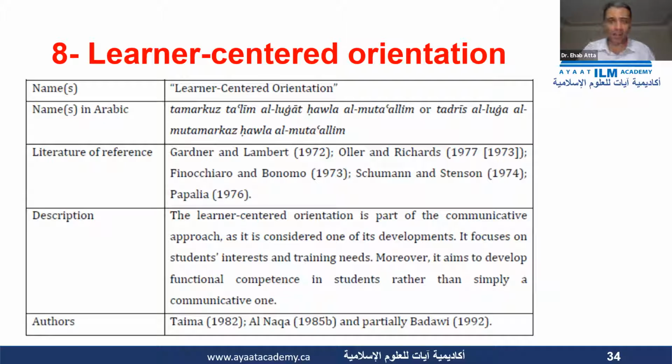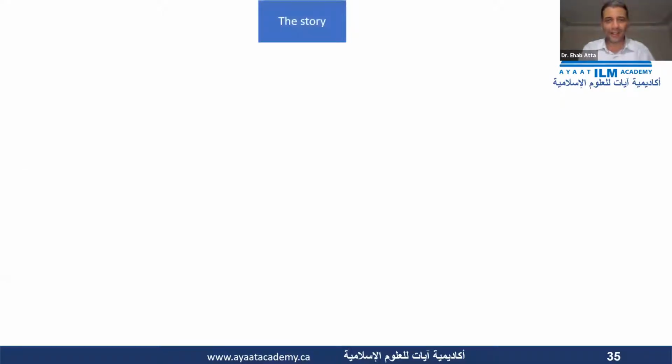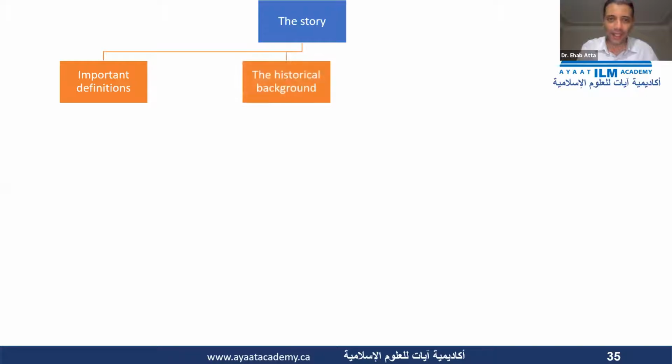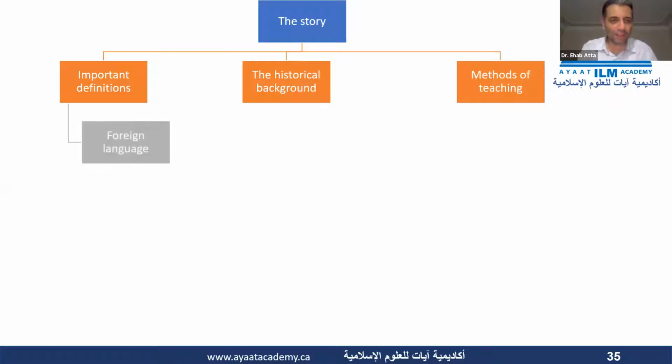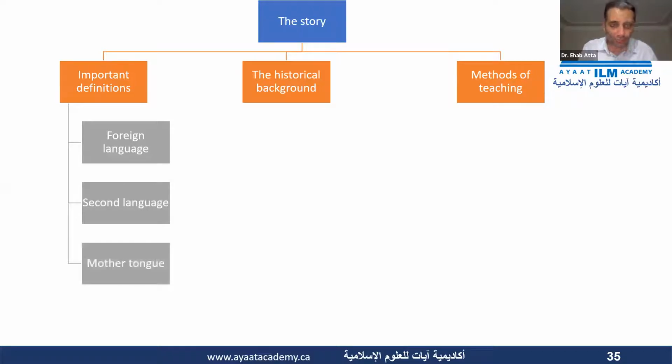Again, we will conclude here that the story that we told is in three main points: important definitions, the historical background, and finally, the methods of teaching. We talked in the important definitions about the definition of foreign language, of second language, of mother tongue, and heritage